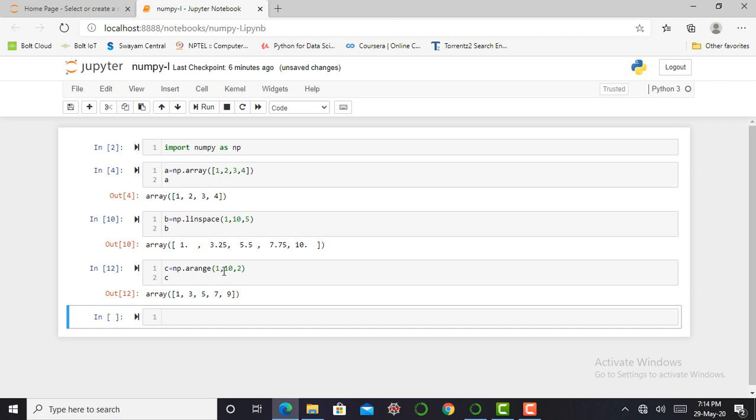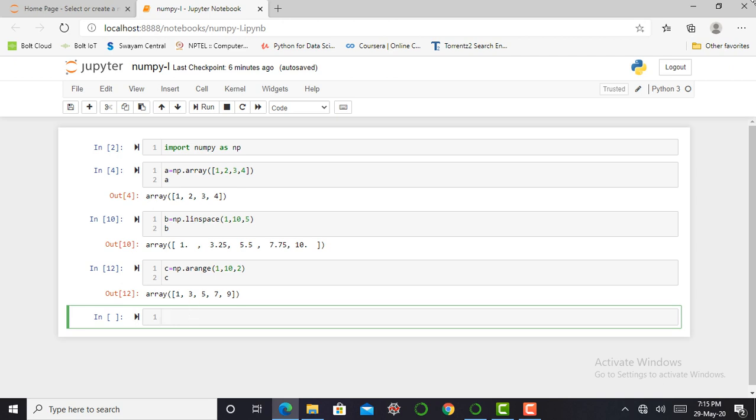You can see in the output that my first number is 1 and then it increments by 2: 3, 5, 7 and 9. So in arange, my range is between 1 to 10 and it gets incremented by 2. In linspace, my start point is 1 and my last point is 10, and in between it divides into 5 equally spaced numbers. Here you can also observe a difference of 2.25.